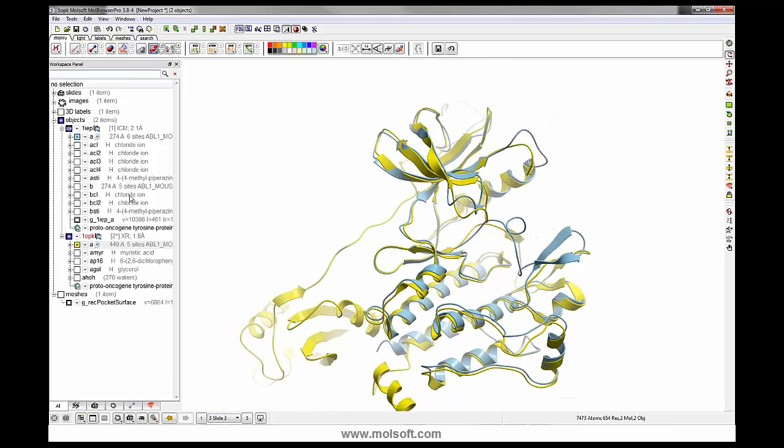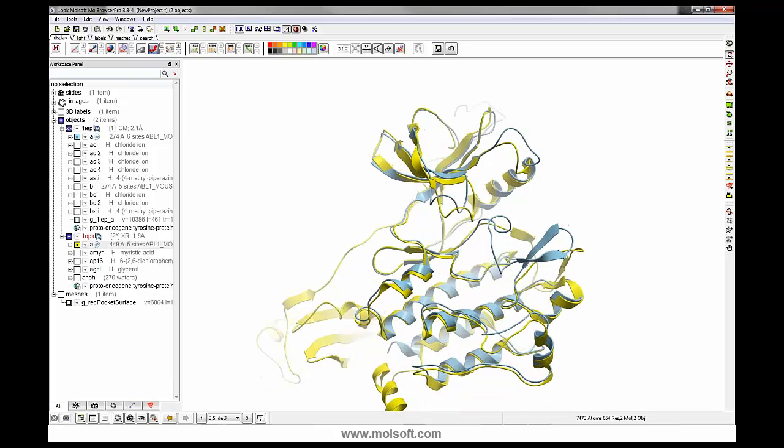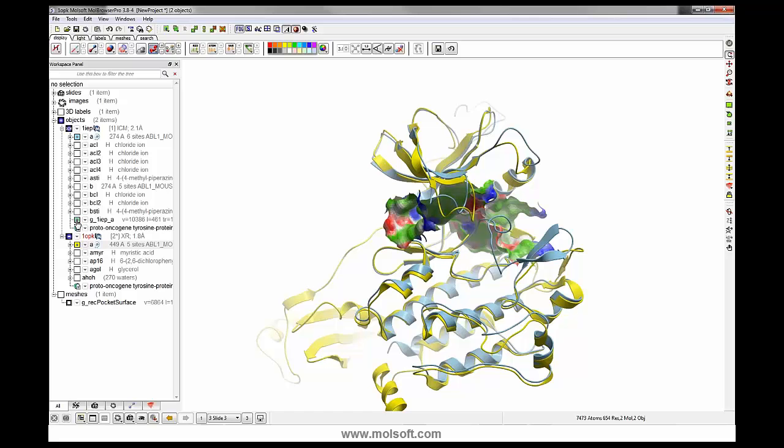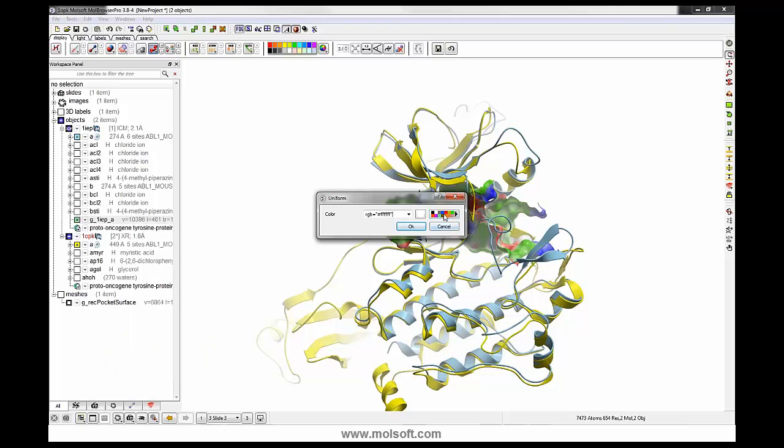Now it'd be nice to just compare the type 1 and type 2 pockets. So we already have this is the type 2 pocket. I was going to display it. If you right click on a surface, you can color uniform. Type 2 will be red,